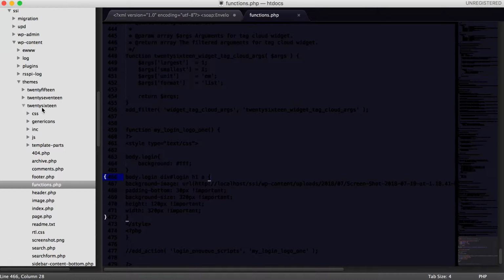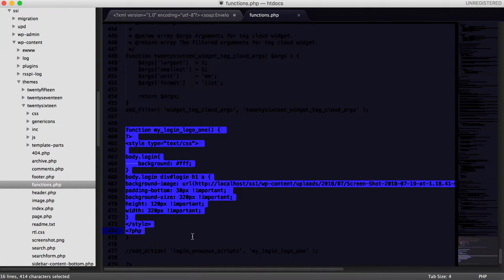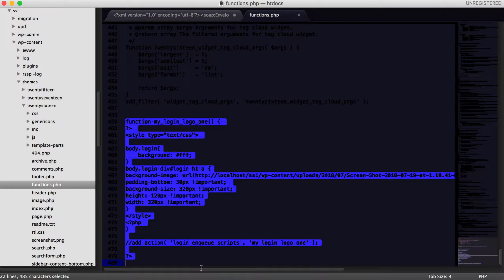And then within it, you're looking for the 2016 theme or your active theme. Once you get within your active theme, the next thing you're looking for is the functions.php file. We're going to modify this file with some simple code here. So what you will want to do is, lines 459 all the way to the end, these are the lines that we'll add in to